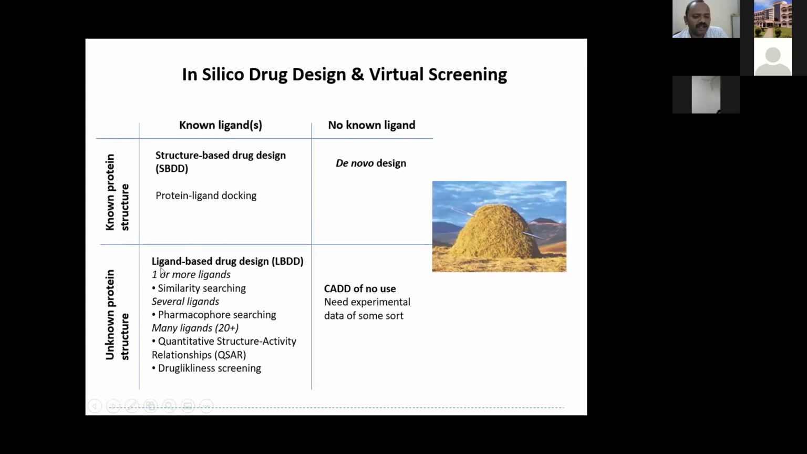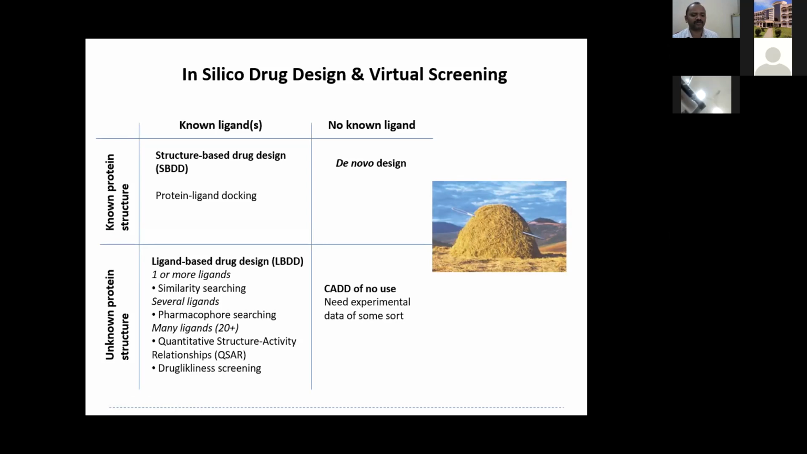Now in ligand-based drug design, one or more ligands are required at least, so that we can do similarity searching. That means if you have one potent molecule, we can search that potent molecule against libraries of compounds and find the pharmacophore features which match against the library of compounds. And if you have several ligands, we can generate the pharmacophore out of them, and then use it to virtually screen the